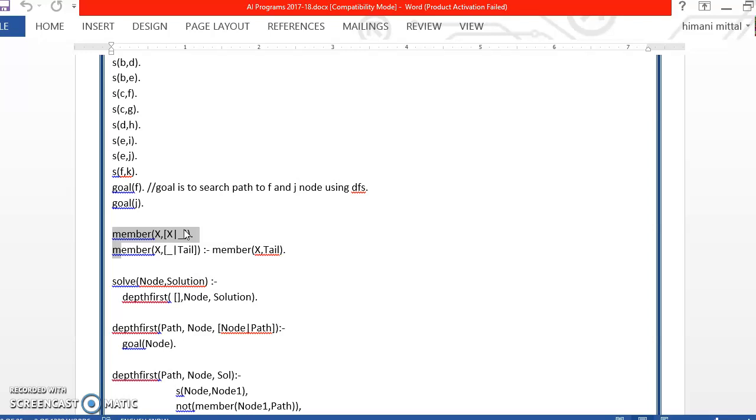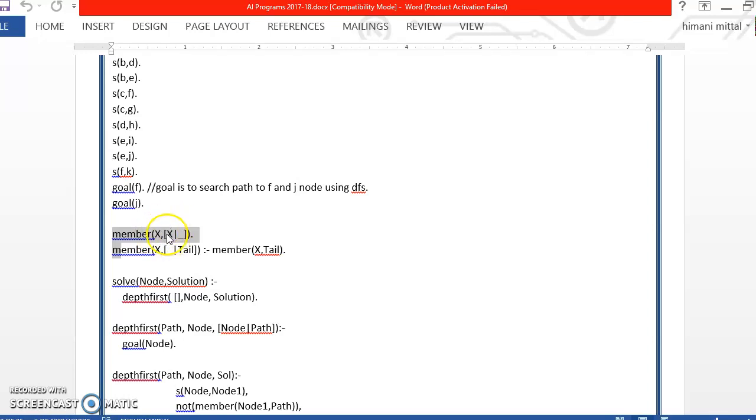Underscore, we have already discussed in class, is anonymous. It can be anything. So here what we are trying to check is if the value X that we have received, the variable X, whatever value it contains, if that value is the same as the first value of the list that we have received, that means this X is a member of this list, so we will return true.